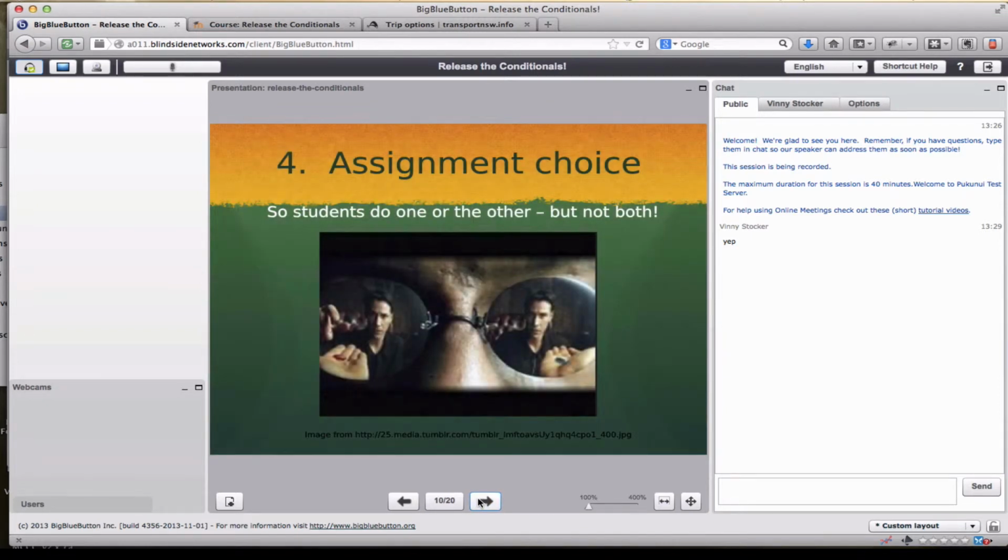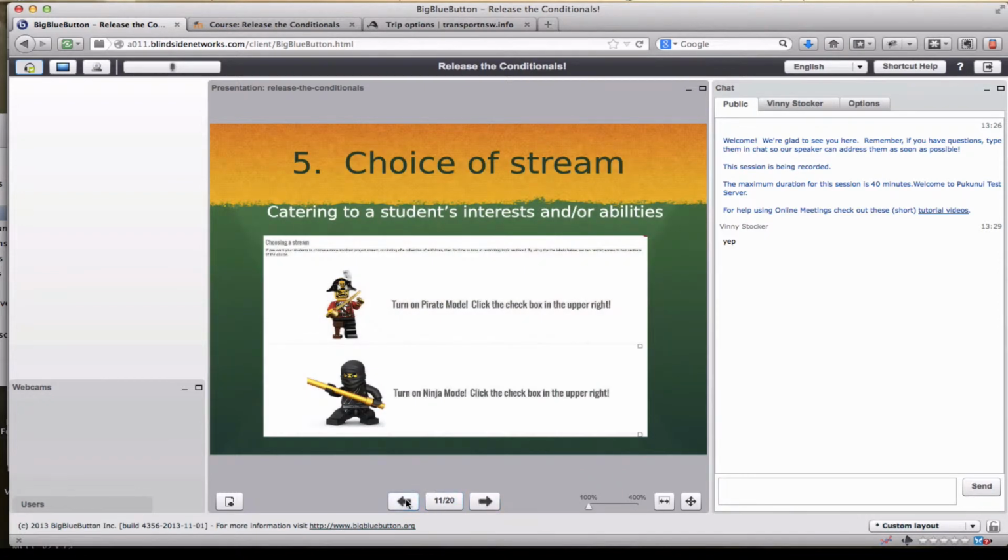I mentioned before the ability to tailor the content based on your students, and one of the things we like doing in face-to-face courses is giving our students a choice of assessment task. So they can do assignment A or assignment B, and our very diligent students get all excited and they do assignment A and assignment B, which causes great headaches when we come to marking time. So for now, what you can do is say, if you've done assignment A,